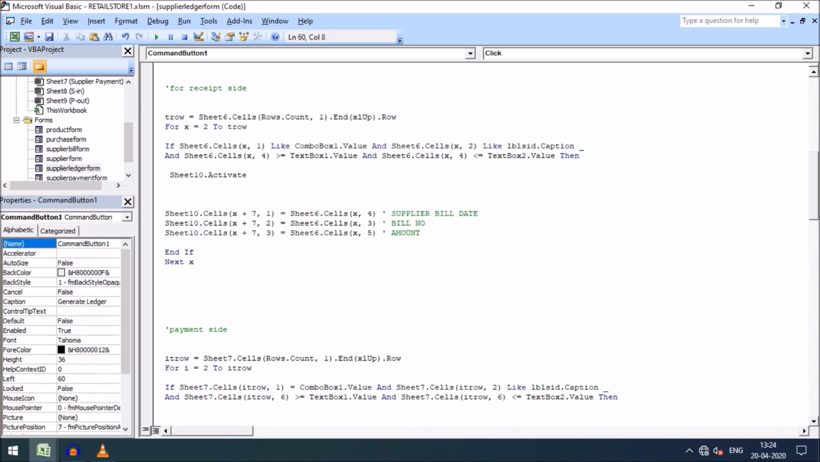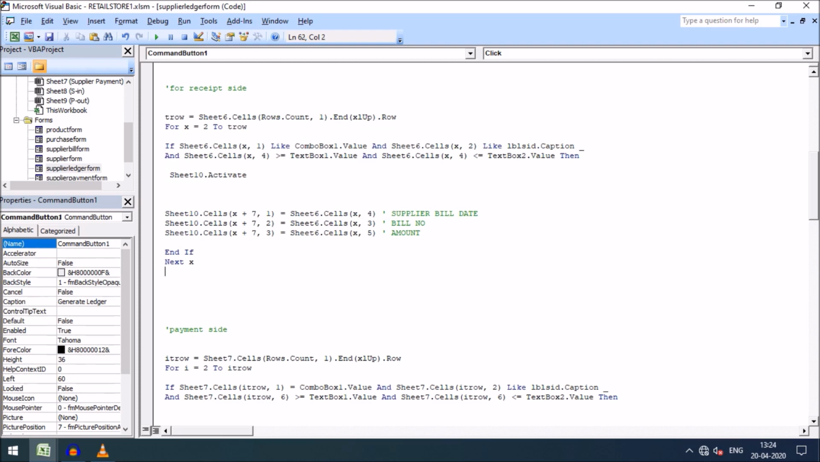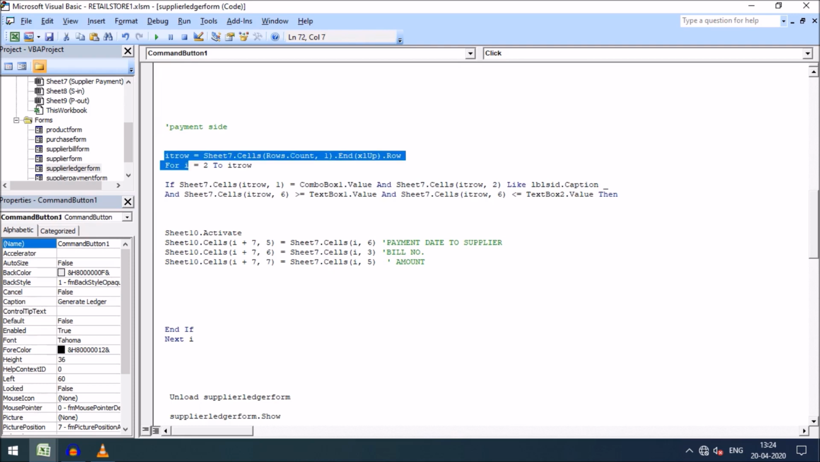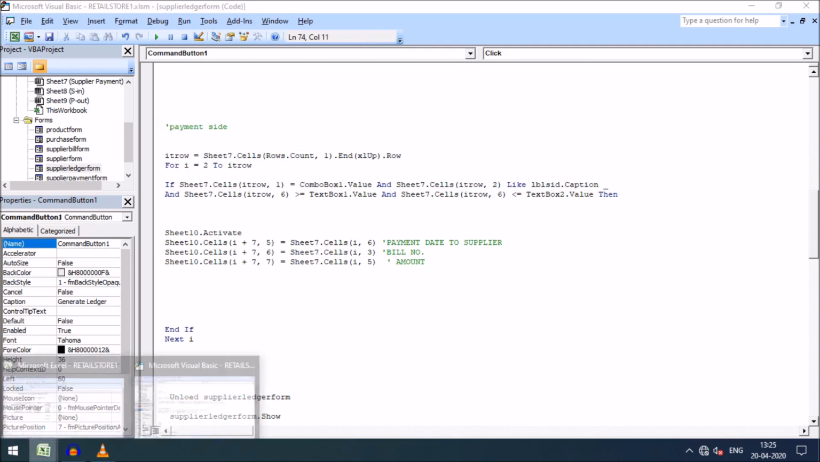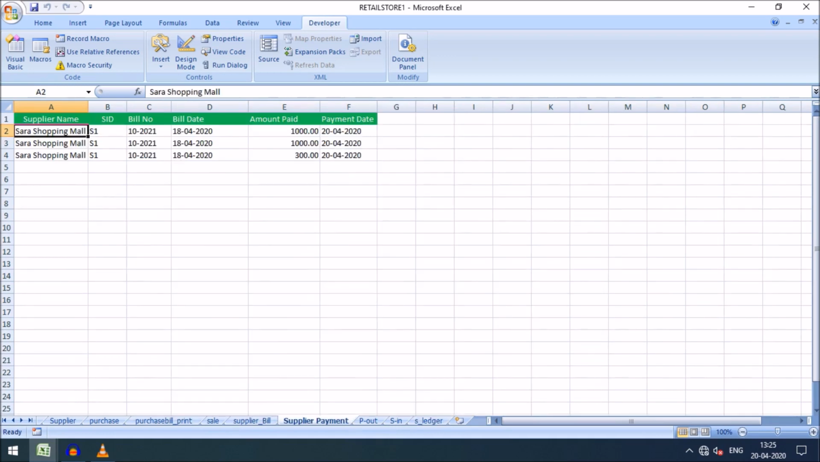sheet 6, like here. And then next, I just want to display the receipt side with the help of this code. Similarly, I have displayed the payment side from sheet 7. Here you can see, go to sheet 7. Here you can see this is sheet 7. From here I want to take the values